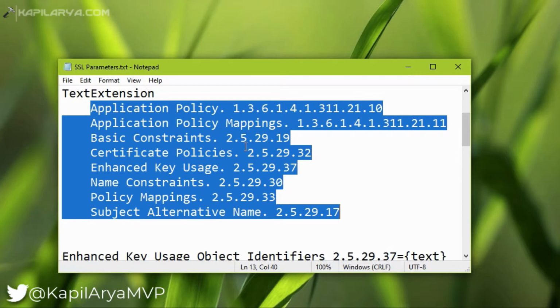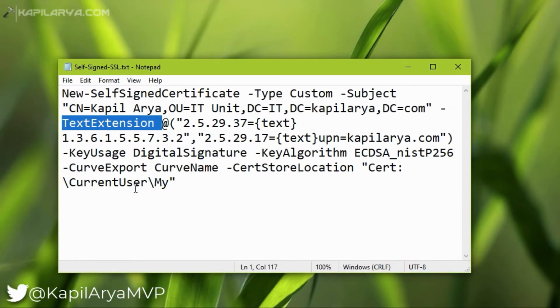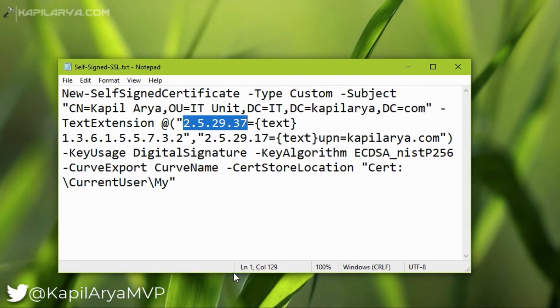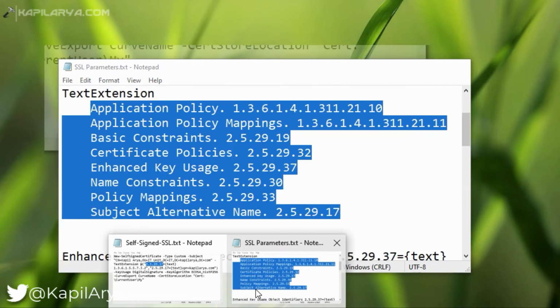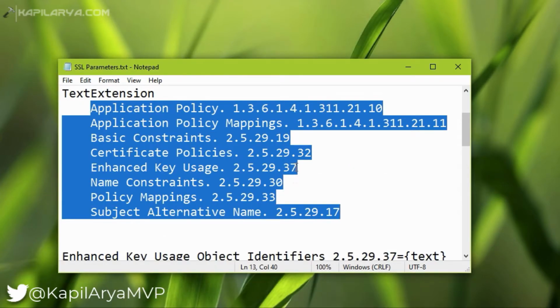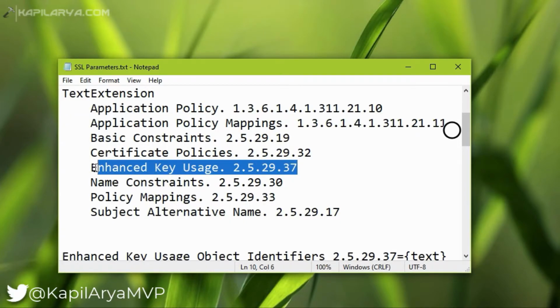As you can see, we have to define this by some numeric code. So I am here using 2.5.29.37, that is for Enhanced Key Usage. And under the Enhanced Key Usage I can identify the purpose of the SSL certificate.